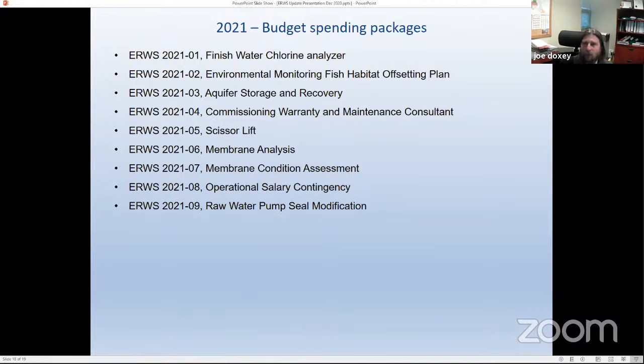So that's kind of a regulatory or a statutory requirement, and we have to maintain that or execute that for 5 years. Aquifer storage and recovery, that's not a new project. It's been on the plate for a while. It's just we've created a bit of a spending package to help describe it and set a bit of a scope of term or terms of reference for both staff and elected officials to be able to identify and describe